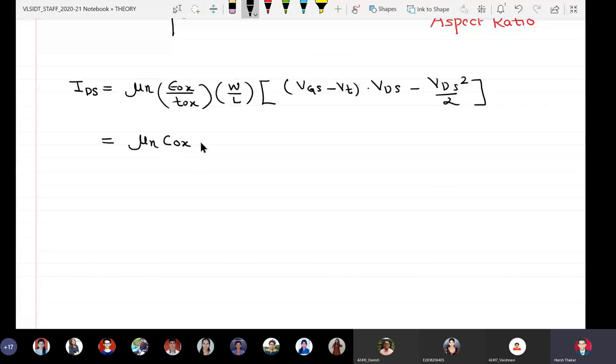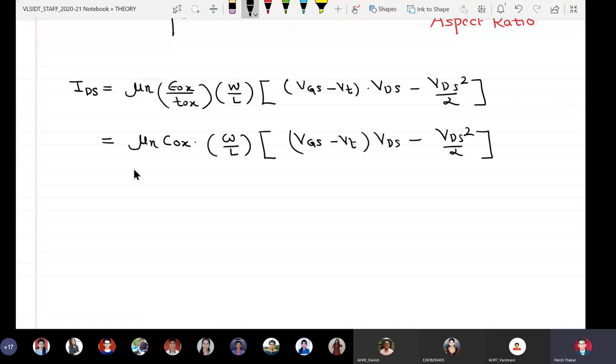Epsilon ox upon T ox is known as C ox, that is oxide capacitance per unit area, and this particular bracket continues to remain the same, minus VDS square by 2. Some of you might be recalling this equation which your staff must have taught you in second year. Now this is equal to K dash into W by L into the same bracket (VGS minus VT) into VDS minus VDS square upon 2.